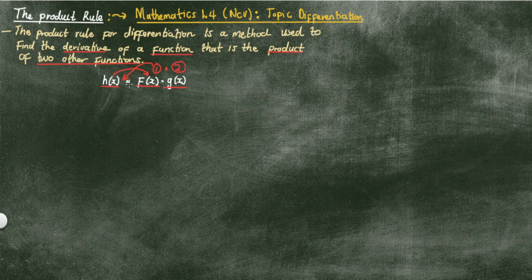Okay, now to get the derivative, this is what we do. We take function number 2 and get the derivative and multiply with the first function, and then add the product of the first derivative of the first function and the second function. So we are basically taking f of x times the derivative of the second function, and adding the product of g of x, which is the second function, and the first derivative of f. Okay, so